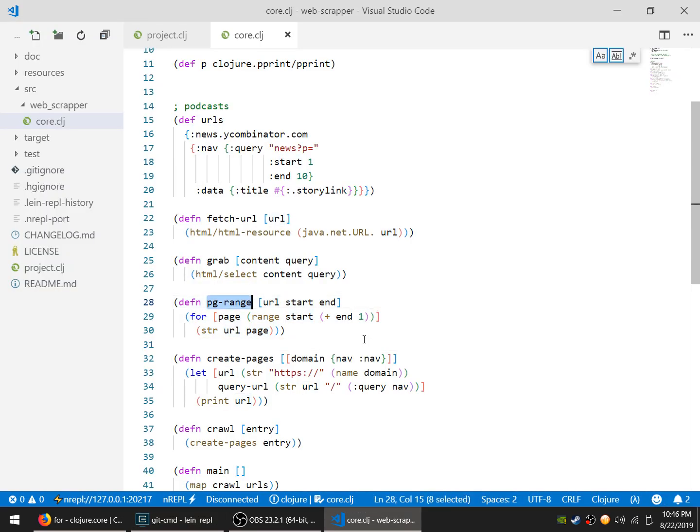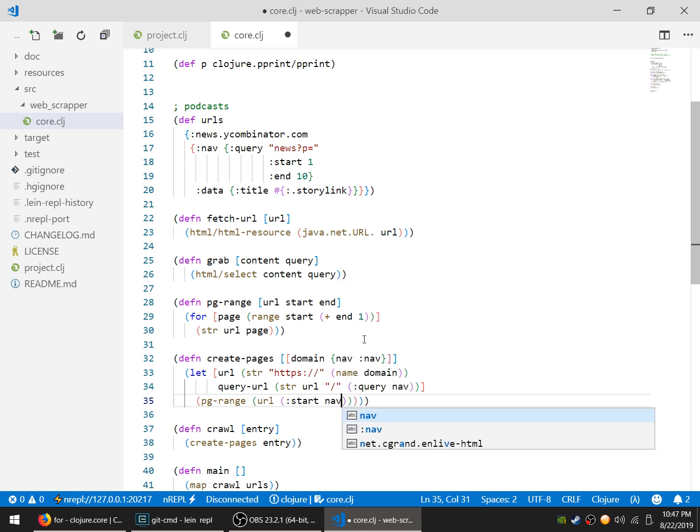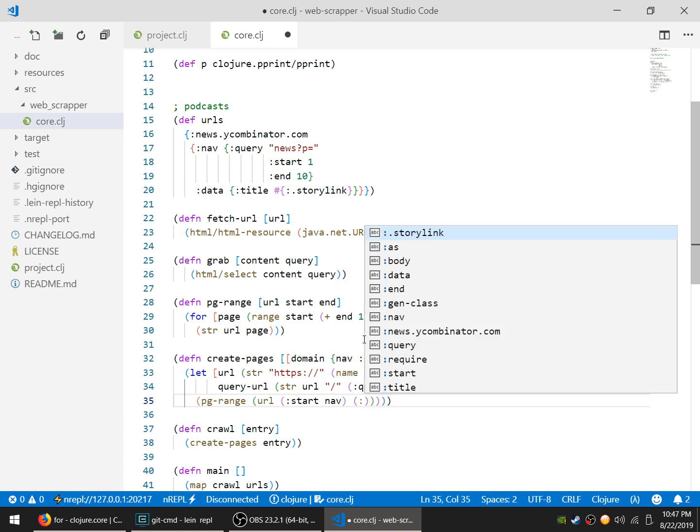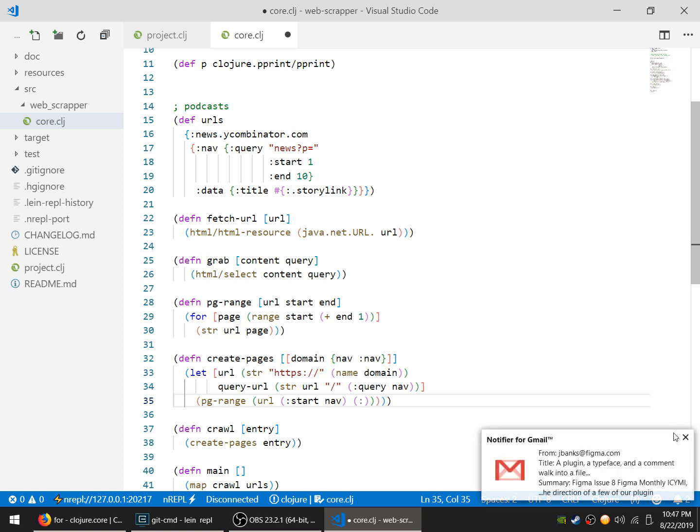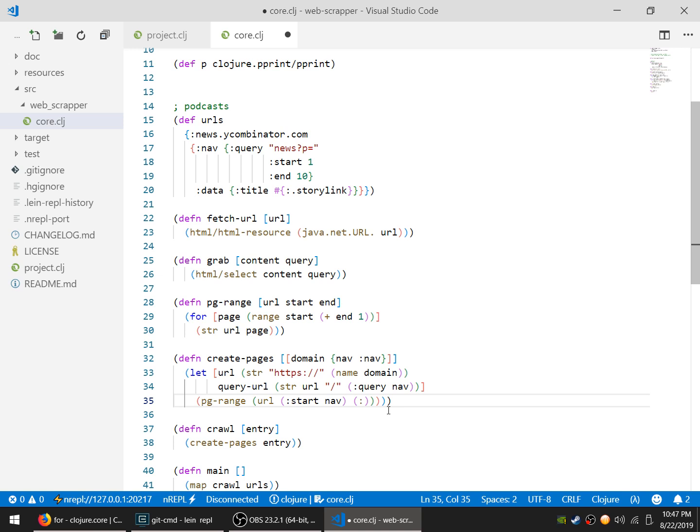So we get the page range, and we simply call the page range create URLs, and we give URL, then we destructure navigation and give start nav. I guess, when I access things like from keyword macro, I think it's super fun. Like, there is no assigning, and okay, that is strange. So, and nav,